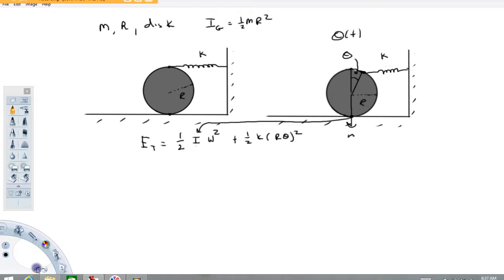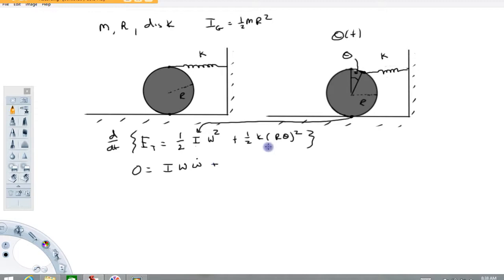Now, because there are no non-conservative forces adding to or taking energy away from the system, when we time differentiate this, which is going to be the next step, that left-hand side is 0. Energy of this system is constant. Okay, time derivative of this term. So the moment of inertia is not changing. When we bring down the 2, that's going to become a 1 times I times omega times the time derivative of this, which would be omega dot,